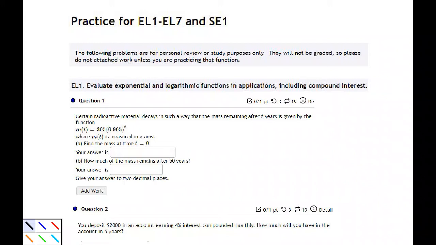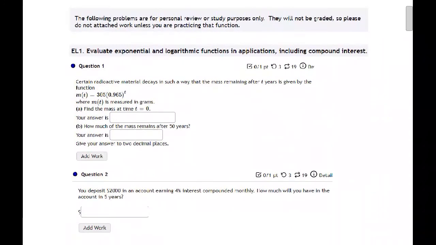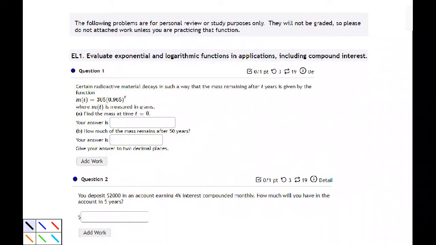Now you may notice that that objective actually consists of lots of things: evaluating exponential functions, evaluating logarithmic functions, and compound interest. As such, there are 3 questions that cover this one objective. So you need to do well on all of these in order to get credit for this one objective. So question 1 says, certain radioactive material decays in such a way that the mass remaining